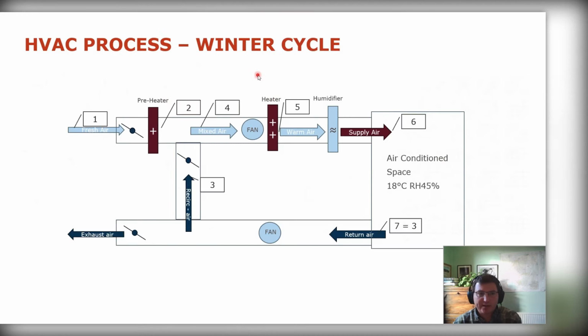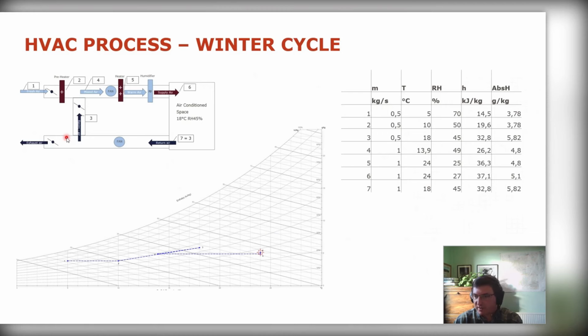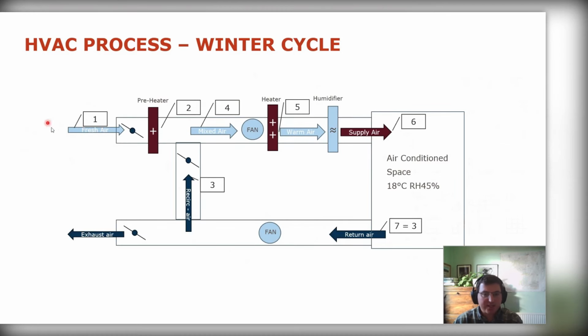First of all, let's look at the winter cycle. Let's say we have a room that we are keeping at 18 degrees C and relative humidity of 45%, so it's nice and comfortable for people. The way we're doing it, we have fresh air being taken in from the outside. Basically, it's cold air outside. We bring it in, we put it through a preheater, so we warm it up a bit. Then we mix it with some recirculated air. Mixed air,